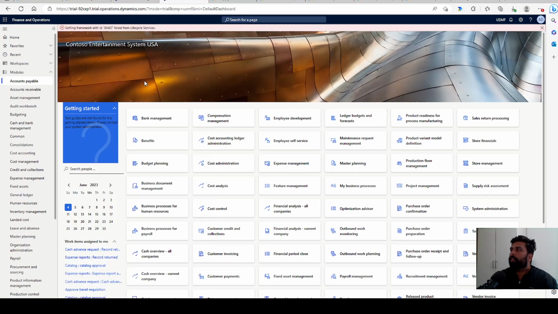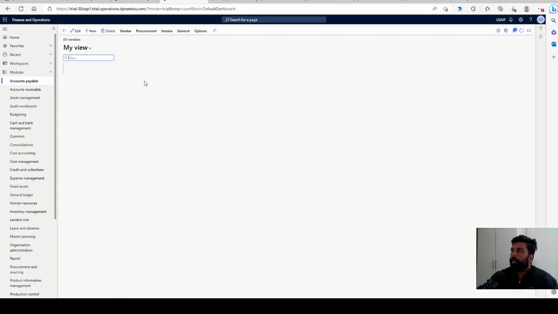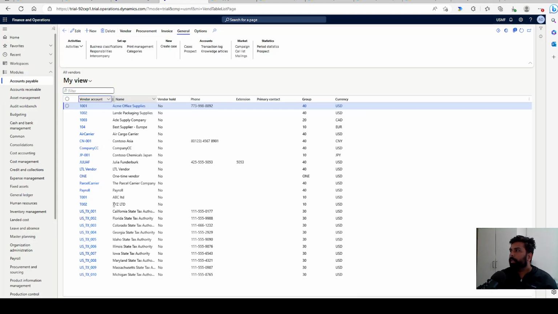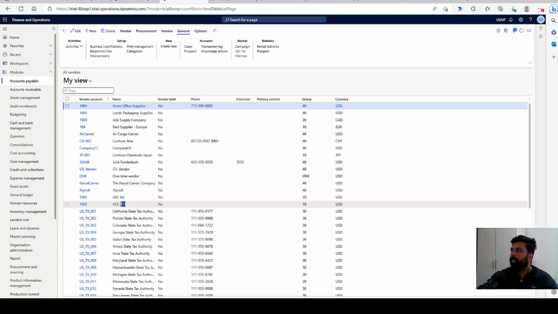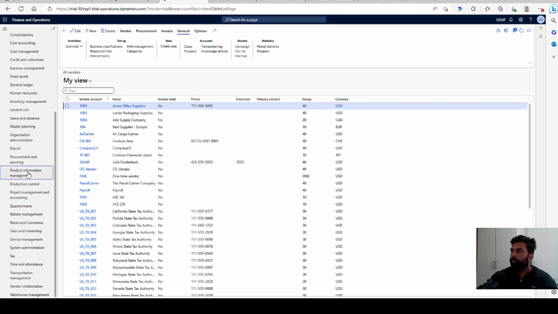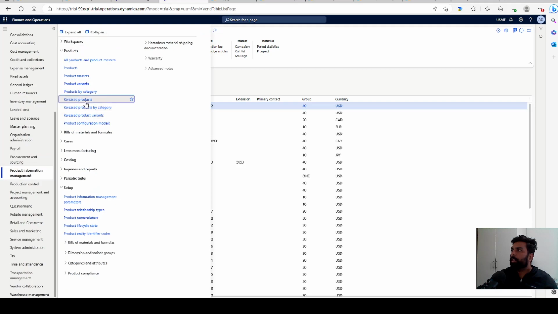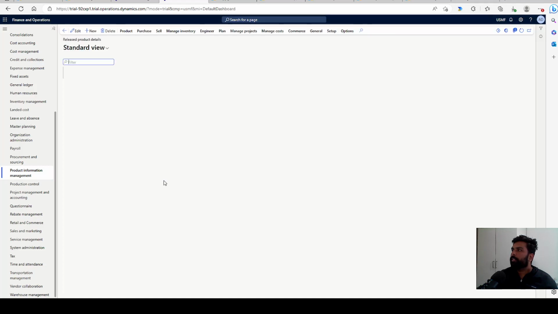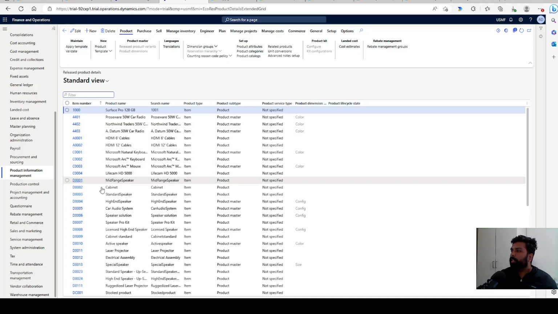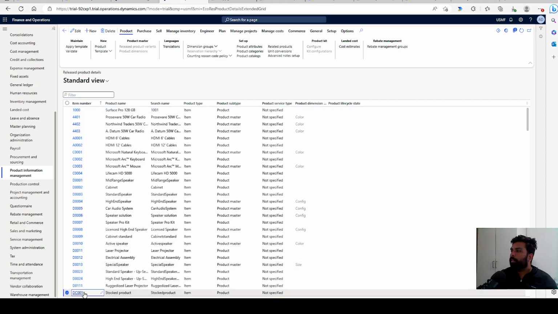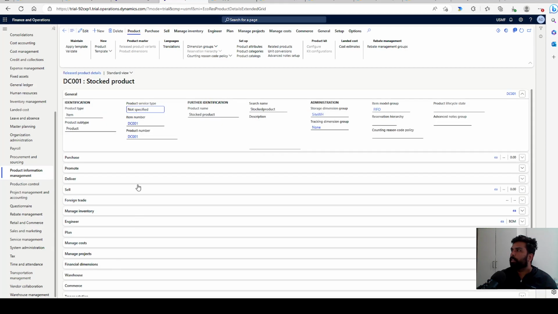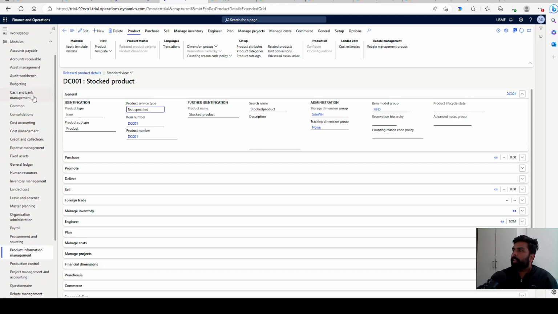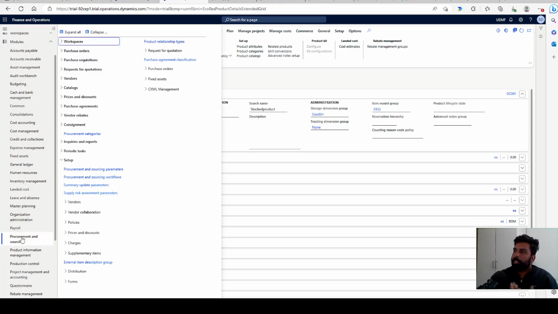If I go to all the vendors, I can see those two suppliers here. The names I have created are ABC Limited and XYZ Limited, and I have created one product for this demo purpose. If I go to my released products here, this gives me the list of products. I have created one product, which is DC001. Now, using these two pieces of information, I have created a couple of purchase orders,